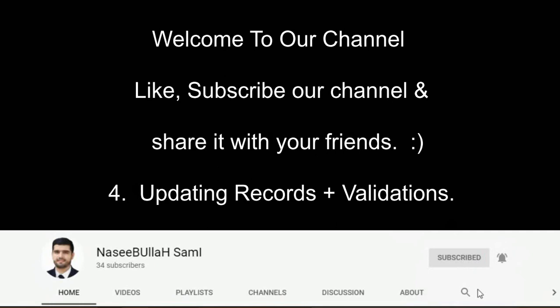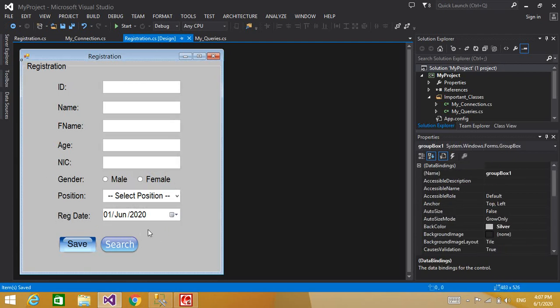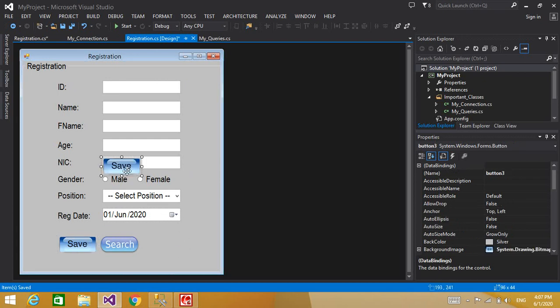In this tutorial we are going to discuss how to update our record. Before going to update our record, we will do some validation for these text boxes, and after that we will do our updates regarding our table that we have in our database. Firstly, I am going to copy this button in order to make a button for update,